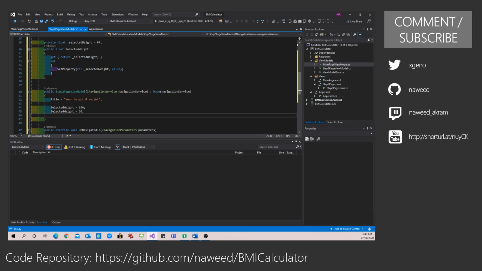So height of 160 centimeter and weight of 60 kgs. By the way, I am working with metric units over here. So this is an ideal weight for a person whose height is 160 centimeter. His weight should be 60 kgs.